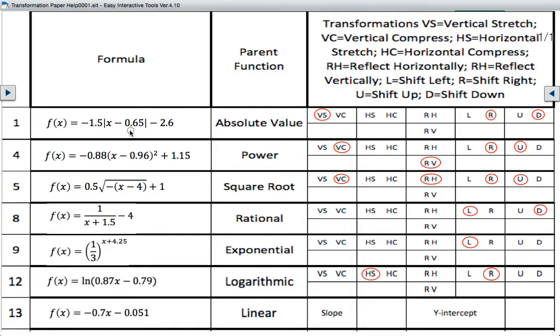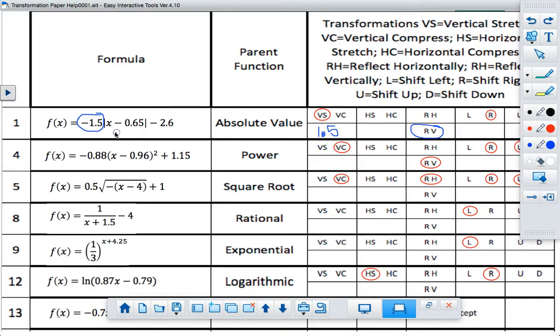So in this case, your absolute value function, this number right here, the negative 1.5, that's your A value, and that's going to stretch it vertically by a factor of 1.5. Notice I'm not including the negative here because the negative is causing it to reflect vertically. Your absolute value function normally opens up like that. Well, because of the negative, it's going to open down like that. Okay,